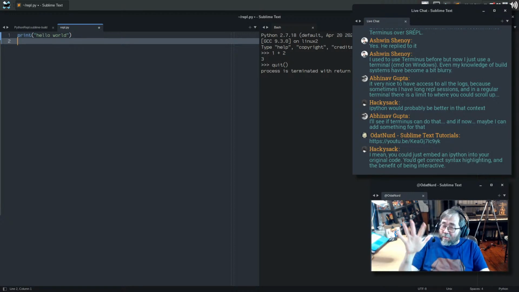I don't know if that's something Sublime REPL does out of the box, but it seemed to me if I was going to have a REPL environment in my editor, I'd want the ability to do that.